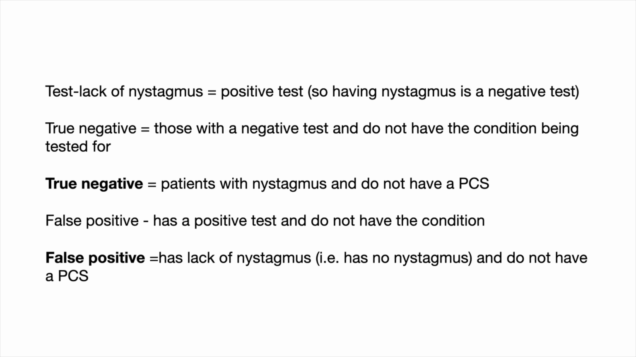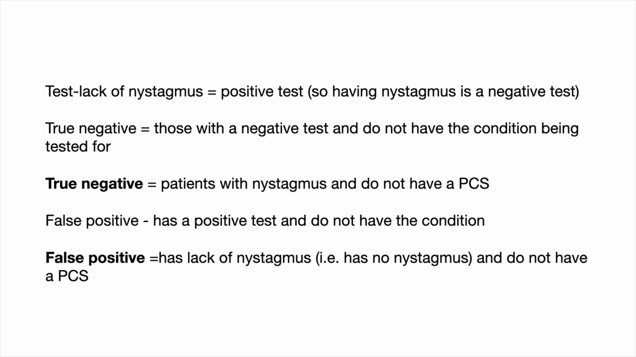The test that they were determining the specificity of is a lack of nystagmus. So having a lack of nystagmus is a positive test, and having nystagmus is a negative test. So the true negatives are patients who have a negative test and do not have the condition we are looking for. So in this case, the true negatives are patients that have nystagmus and do not have a posterior circulation stroke. Now, a false positive test is a patient who has a positive test and doesn't have the condition. And in this case, that would be all patients who have a lack of nystagmus and do not have a